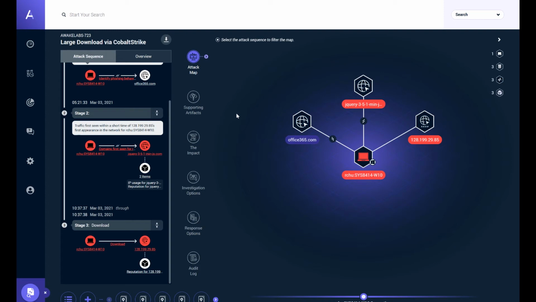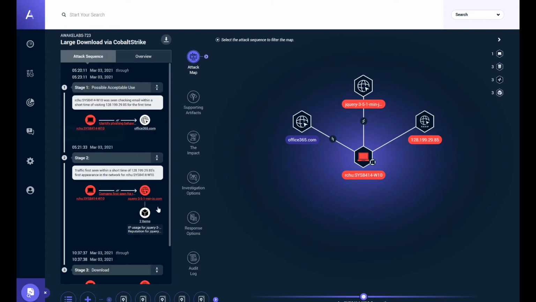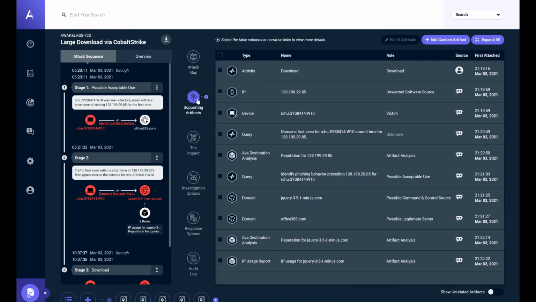Now, here's the thing that is pretty incredible about this. A human did not do this investigation. So we come over here and look at the supporting artifacts. Almost every single one of these, a human clicked on the alert and hit initiate the investigation. And we are actually now working on fully automated, no human involvement whatsoever. But human initiated, and Ava, the AI, did the rest of the analysis from here, which is what we see in these icons.